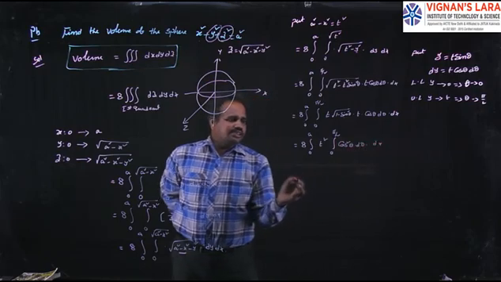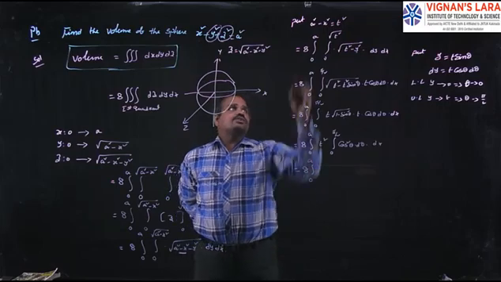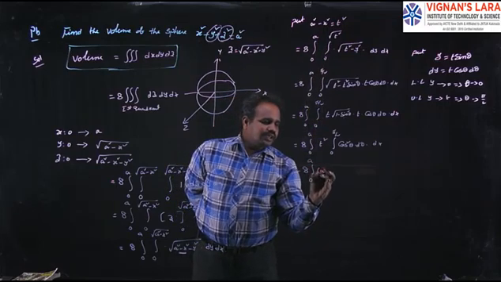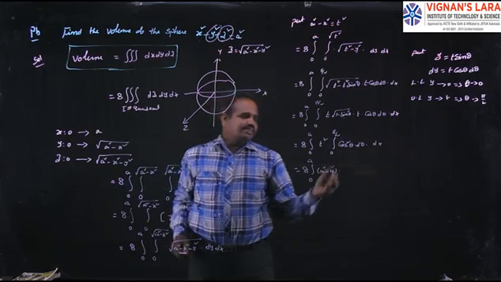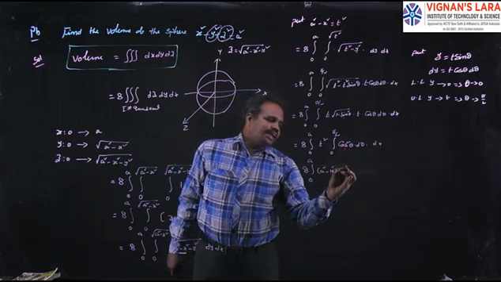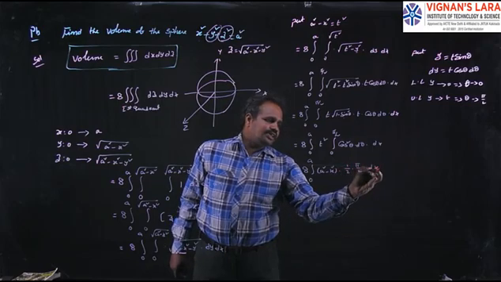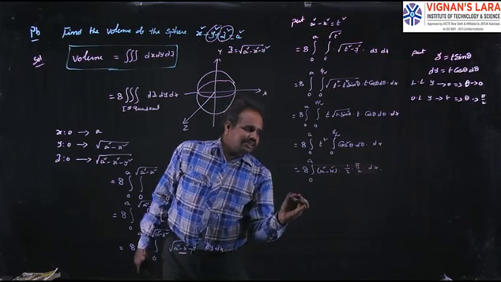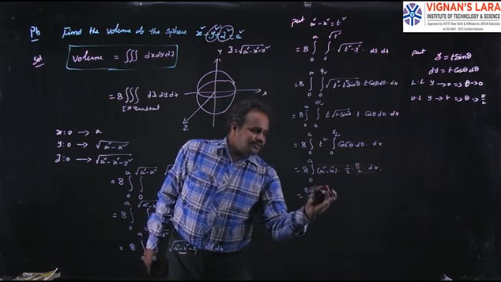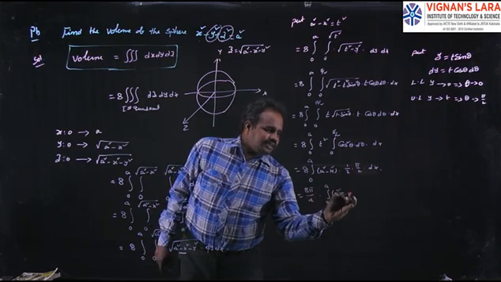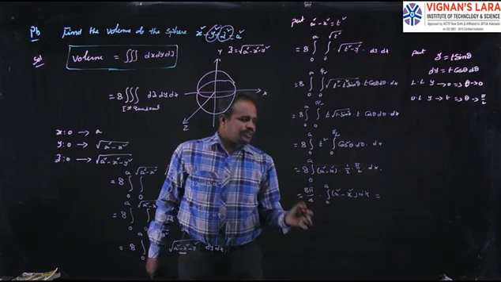Now make the integration of this one. 8 into integral 0 to a of t square. What is the value of t square? a square minus x square, into the formula of this one. Already I said the formula for cos power n, n minus 1 factors, 1 by 2 into pi by 2, into dx. So this one is constant, write that one outside. 8 pi by 4, integral 0 to a of a square minus x square dx.